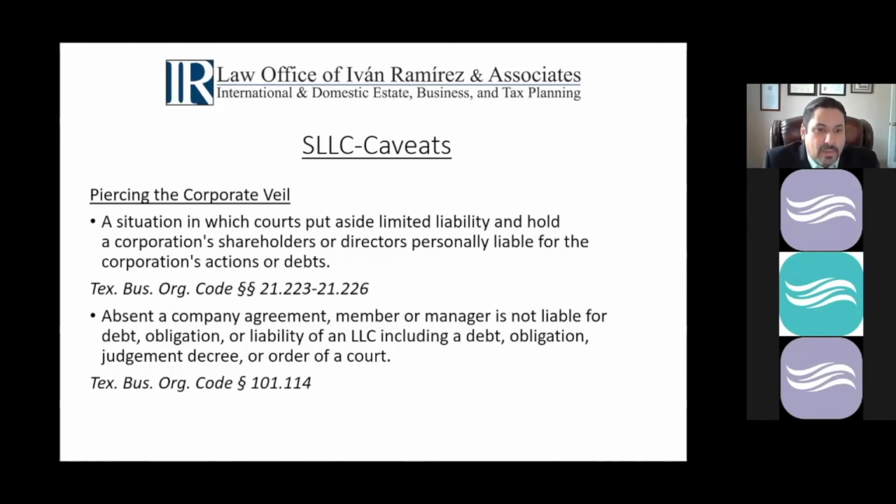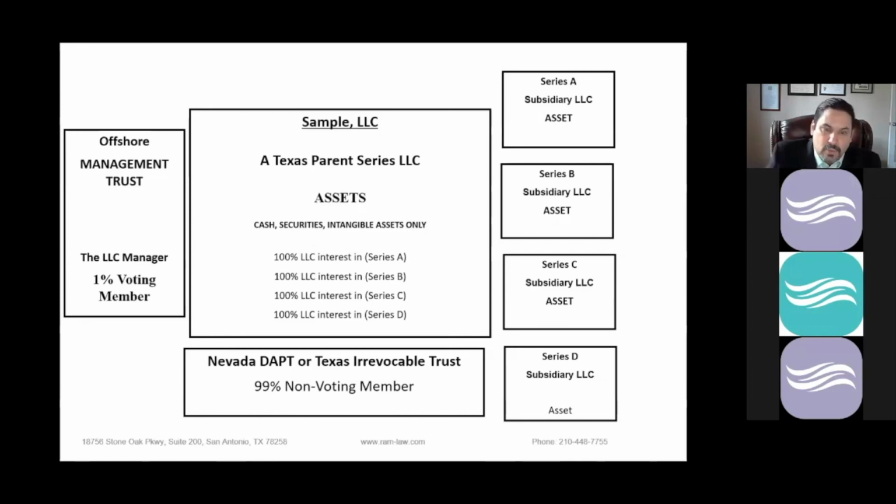Caveats: piercing the corporate veil. We need to be careful that when you create the series LLC, your client actually respects the series LLC structure and integrity. What that means is, again, using the example of the 4 rental properties, we need to make sure that each of the rental properties listed here, A, B, C, and D, has a lease in the name of the subsidiary. We need to make sure that each one has a bank account that's collecting rent. We need to make sure that each subsidiary series has its own accounting, keeping its own books. Because if you treat this as one big entity and your client doesn't respect the separation of the different subsidiary series cells, well,